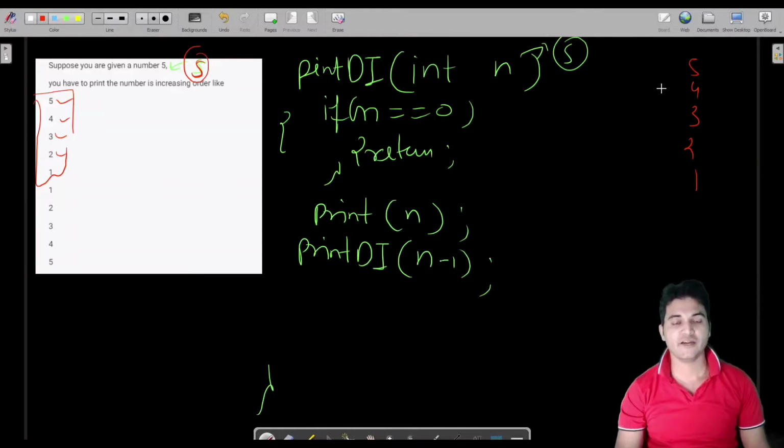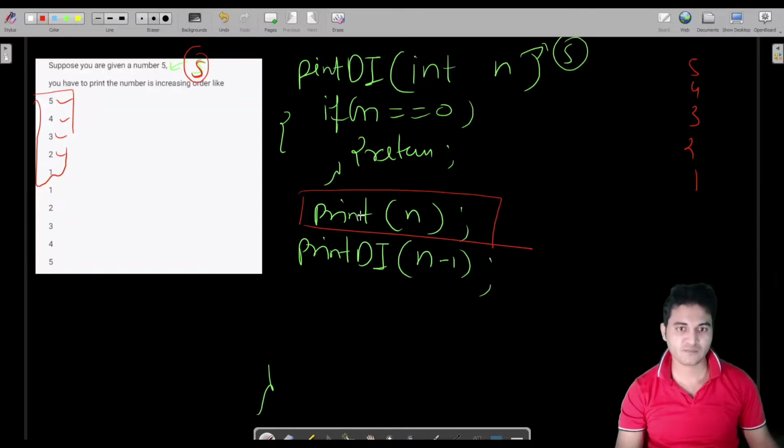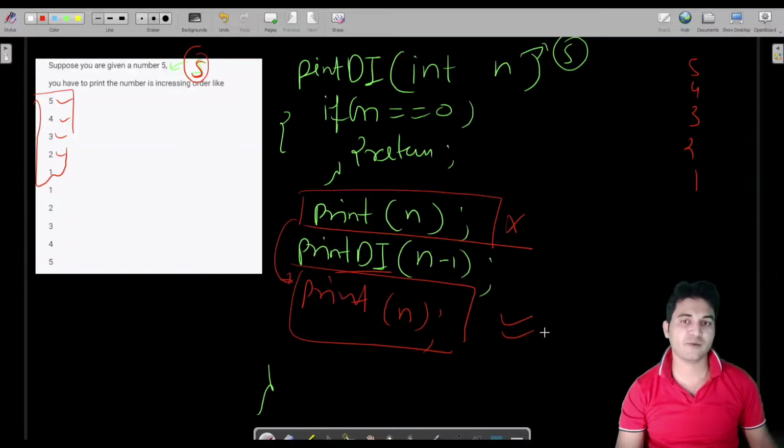And for increasing order, we were not having this line. Instead, we were printing the number after calling the method. So this is the code for print increasing, and this is the code for print decreasing.